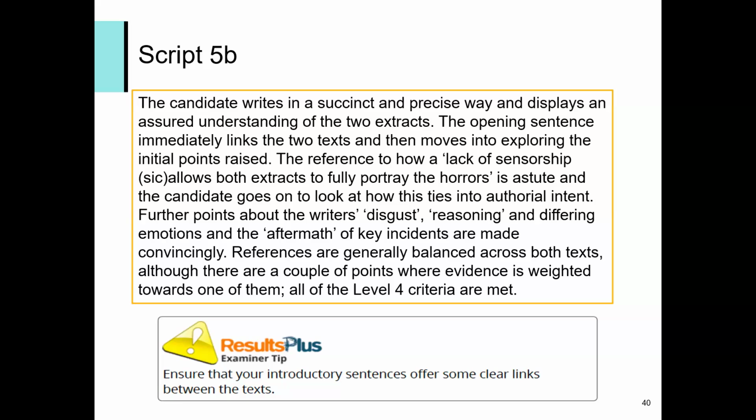Further points about the writers' disgust, reasoning, and differing emotions in the aftermath of key incidents are made convincingly. References are generally balanced across both texts, although there are a couple of points where evidence is weighted towards one of them, but it does meet all the level 4 criteria. So that examiner tip there is very good. Ensure that your introductory sentences offer some clear links, so that straight away you're hitting that AO3, that assessment objective for this one. And 5C,